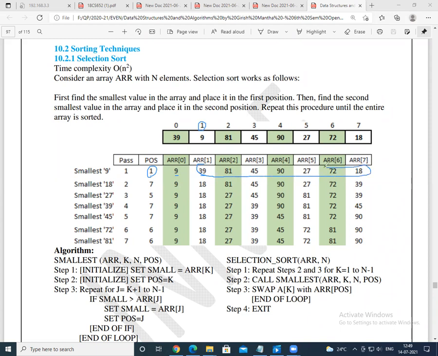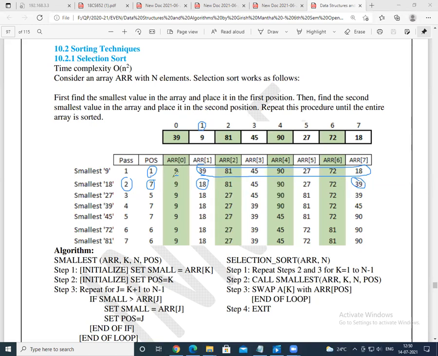So this we are going to write in the for loop. As the for loop goes on incrementing, i equals 0, i equals 1. Next iteration, i equals 1. So 39, 81, 45, 90, 27, out of which 18 is the minimum element. Which position? The 7th is the minimum position. So the 7th has been replaced in pass 2, that is with the position A of 2. Here you could see 18 has been replaced with 39. 39 comes over here, right?